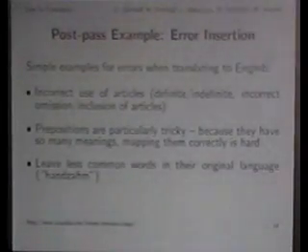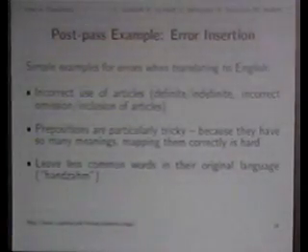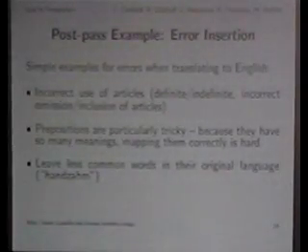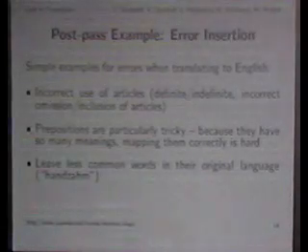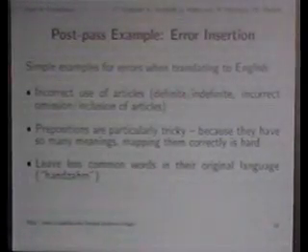To give you some idea of what the post passes look like, here is a very simple one. What we found when we looked at translations, one of the things that are often wrong is that they pick the wrong kind of article. In English, definite versus indefinite. In German, the wrong gender, and so on. So that's one thing we can play with. Or some words do not have an article, should have one, and vice versa. So that's something we can do.